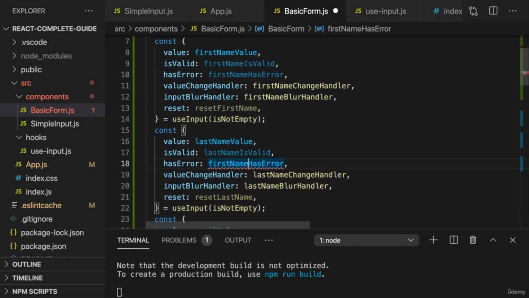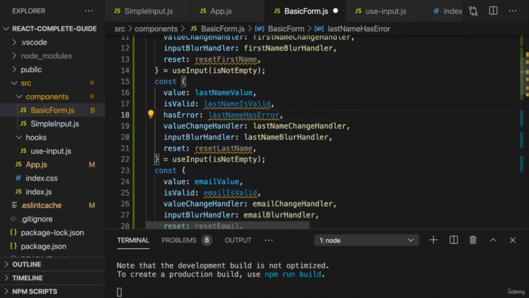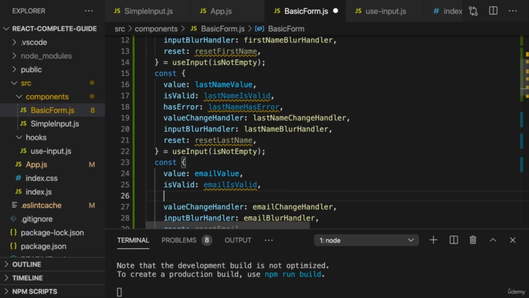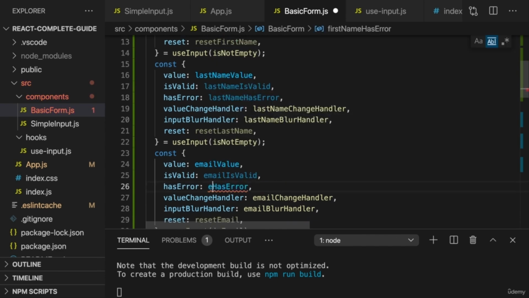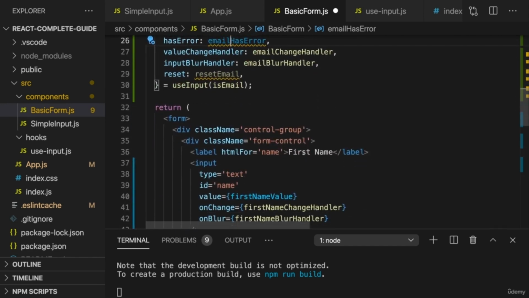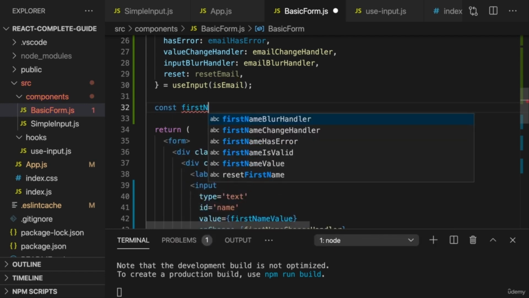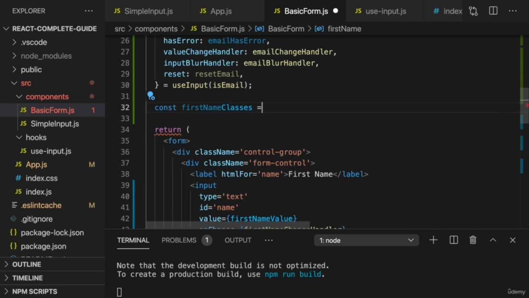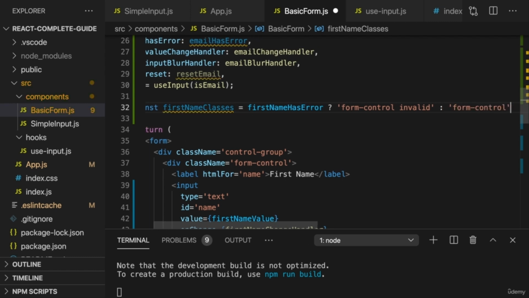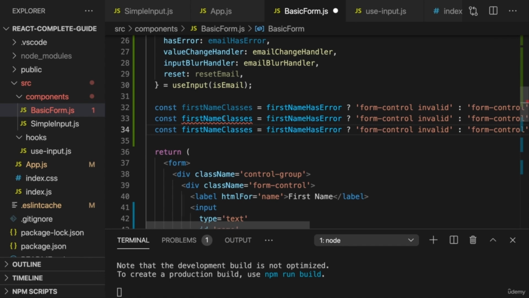And here on the second use input call, it's last name has error. And here on the third custom hook usage, it's email has error. And it's this has error field which we can now use because now we can infer those class names, for example. Here I have my first name classes, and for that I'll take my first name has error key, and if I have an error, I'll add a class of form-control invalid, otherwise just form-control, and I will repeat this for last name classes and